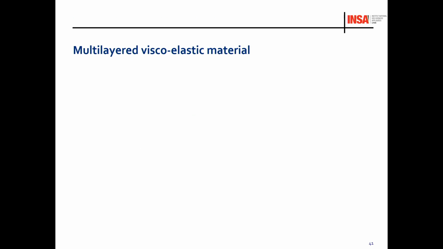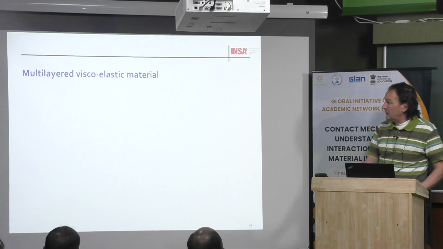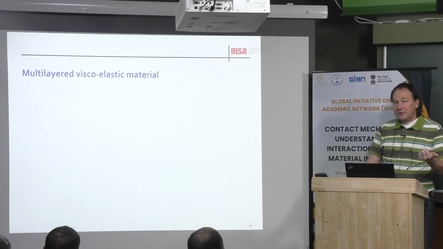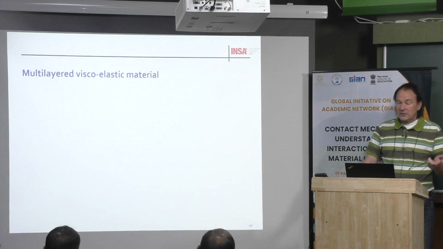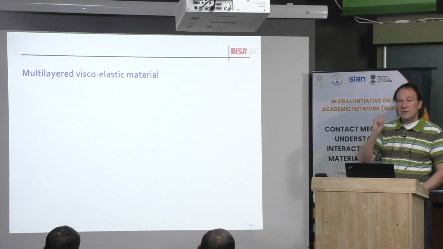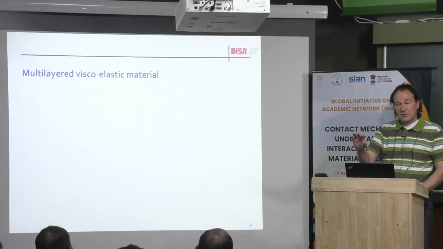Okay, now we are also interested in viscoelastic material with many layers, coatings. This is also because we were interested in heterogeneity, because it was not published in the literature. The solution for the viscoelastic materials is now well known, especially in the steady state. For the transient regime, it was quite new when we did that at the beginning. And then what we did very recently was to look at viscoelastic materials. First, we used one viscoelastic layer against viscoelastic materials, or elastic or rigid.